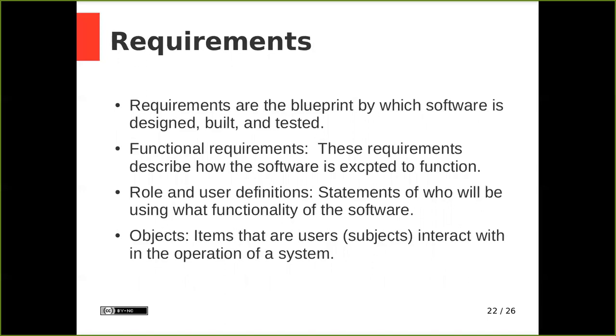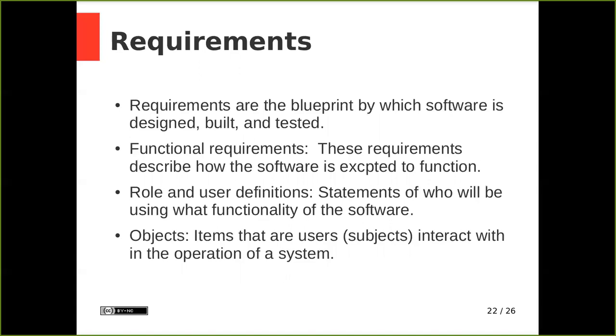So requirements, they're the blueprint by which software is designed, built, and tested. You have functional requirements, and these requirements describe how the software is expected to function. Role and user definitions, so these are statements of who will be using what functionality of the software. And then objects, so items that the users, the subjects, this is us, will interact with in the operation